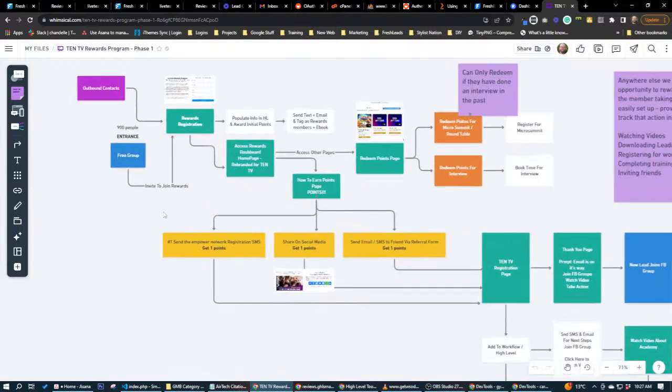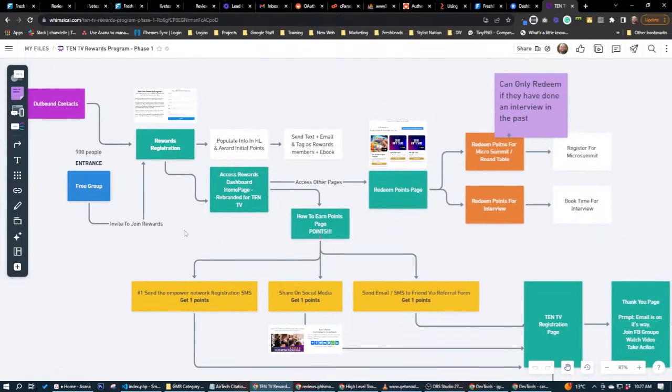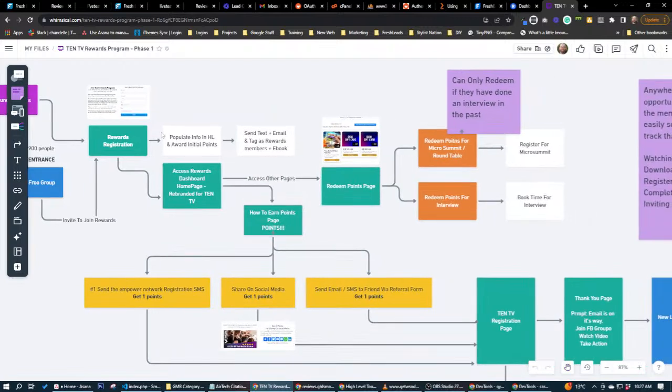I think I can zoom in. Right. So we're going to have a rewards page here. This is where they're going to access more things on here. So one thing that we built into the reward system now is we have a bit of a landing page